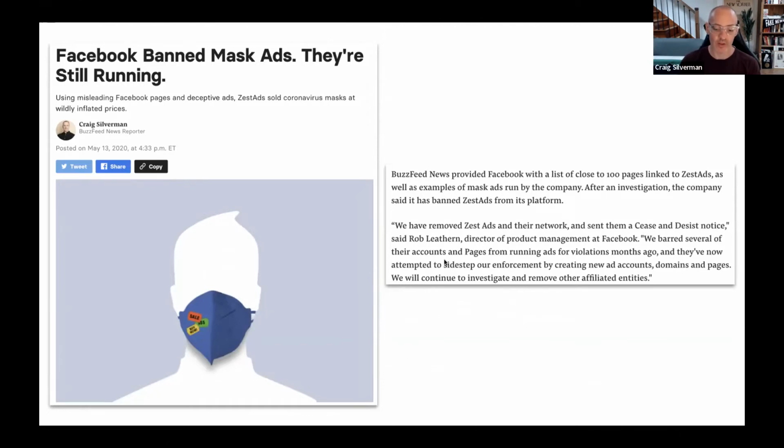And so working with a journalist in Malaysia, we were able to find employees at Zest Ads who were willing to talk. And they confirmed for us that they were producing these ads to sell masks, that the ads had false claims in them, and that it was earning them a lot of money. And so that ended up adding an element to our story that further confirmed what we had found through the digital methods. Now we had sources inside the company giving us a flavor, an element of what it was like, creating these video ads and how the company was making them.